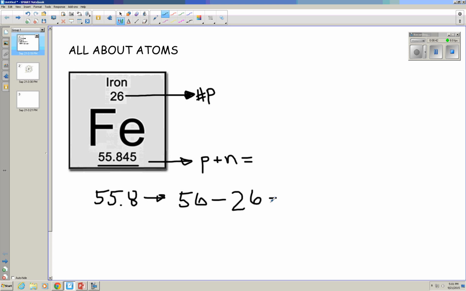So 56 minus 26, that gets me... 75. Nope, sorry, just kidding. That gets you 30. So the iron atom has to have 30 neutrons, okay? Now, here's something I didn't say before. All right, this is really important. The number of protons in any atom does not